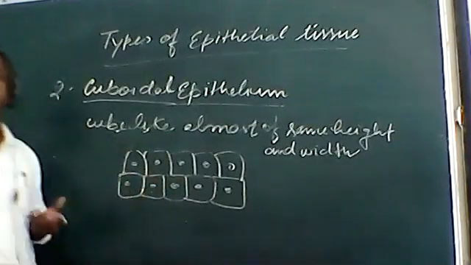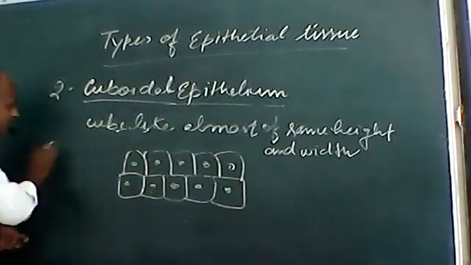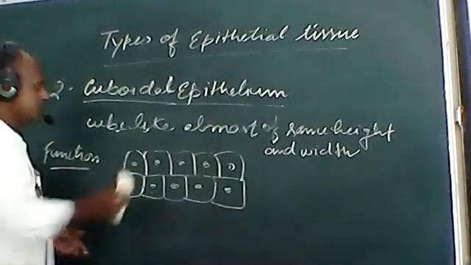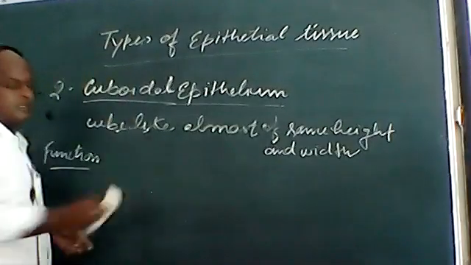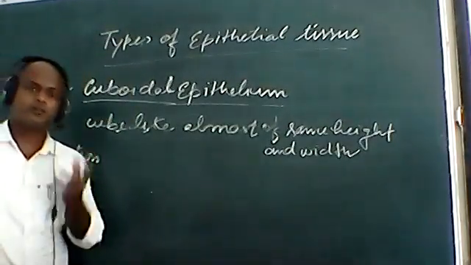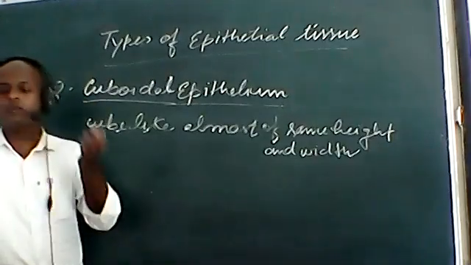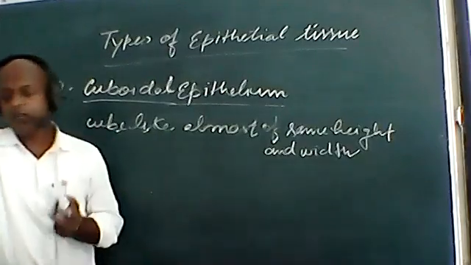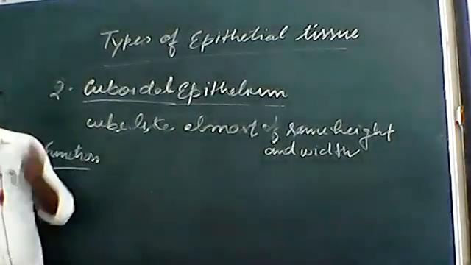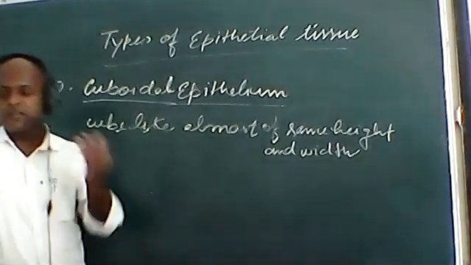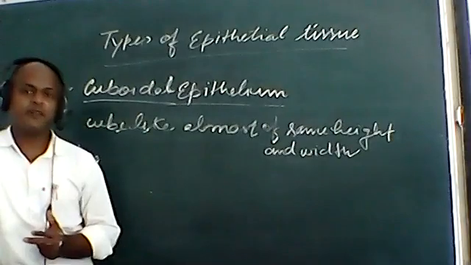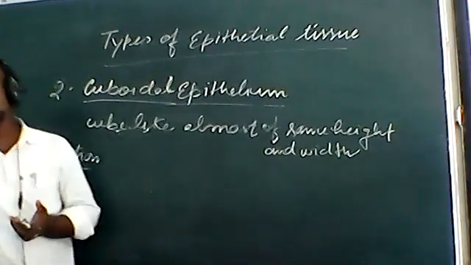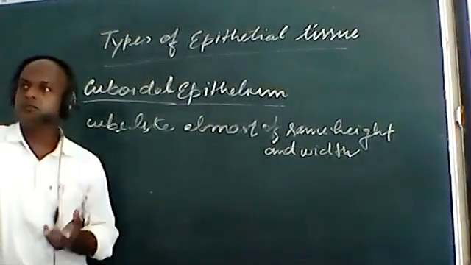Now we have to study how this cuboidal epithelium tissue provides different functions in our body. We have studied about the location. Now we have to study about the function. As we have studied that this cuboidal epithelium is present in different parts of the body, it also has different functions like mechanical support, secretion, absorption, excretion, and gamete formation, because it is present in the kidney tubules, it is present in the salivary gland, and if it is present in salivary gland, then definitely it will be helpful in the secretion. If it is present in sweat gland, then it is also helpful.